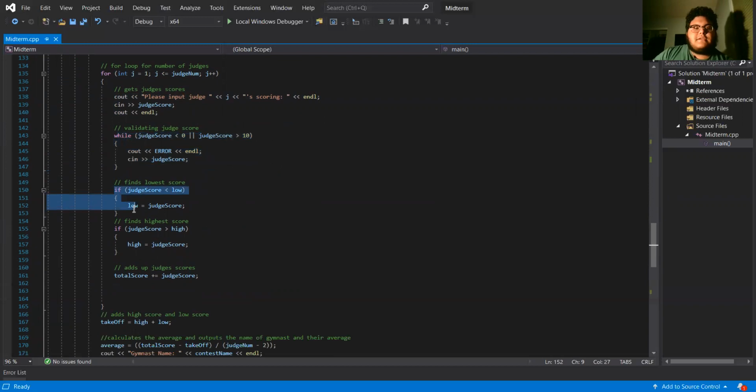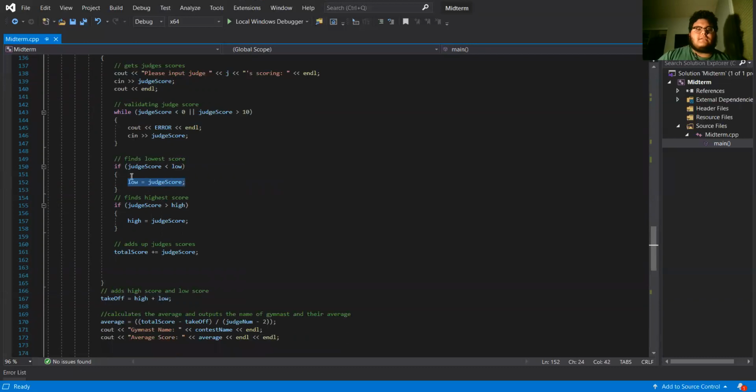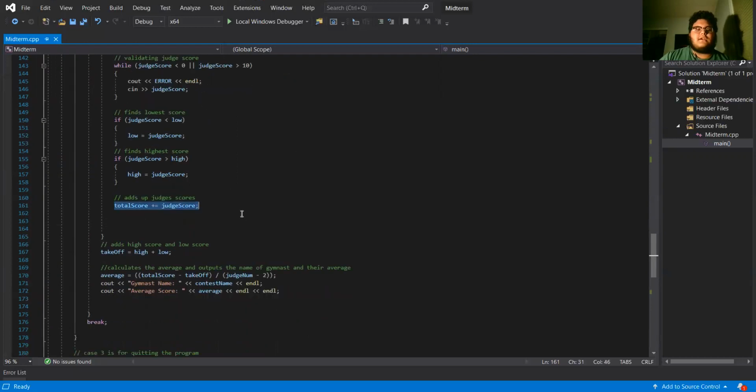Then I use if statements to find the high and low numbers. So if it's lower than a specific term, it'll set it equal to judge score. So it'll weed out through the middles and the incorrect ones. Similar to case 1, it'll